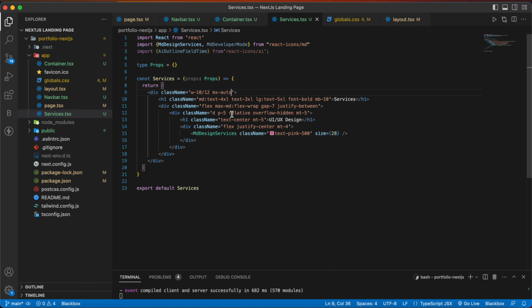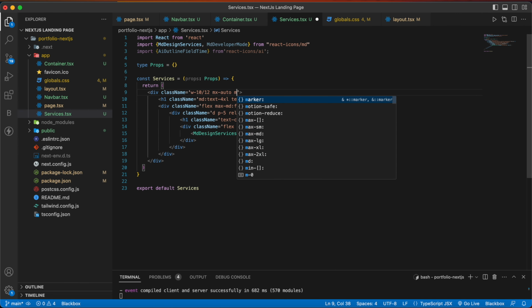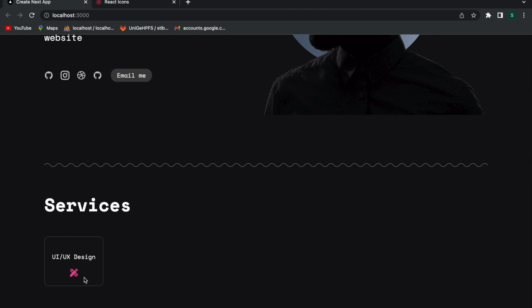Let me give some margin bottom here, margin bottom of 30. So you can see our card is here.